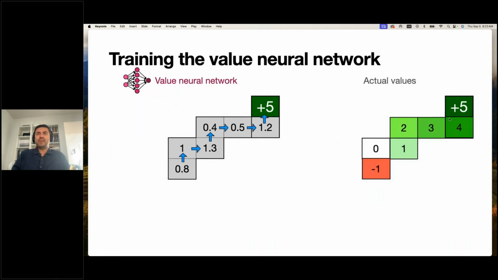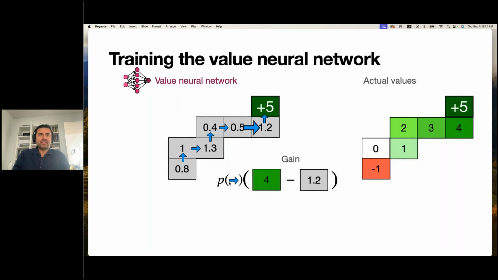Well, let's pick one of these values. For example, the 4. And I'm gonna go here, and I'm gonna say this was 1.2, and I want it to be a 4. So the value should go up, but the policy should also go up, because I'm not walking into a 1.2, I'm walking into a 4. I should increase this policy, right? So I tell the neural network to increase this policy, and my gain is 4 minus 1.2, and my probabilities here. So this is the function that I want to increase.